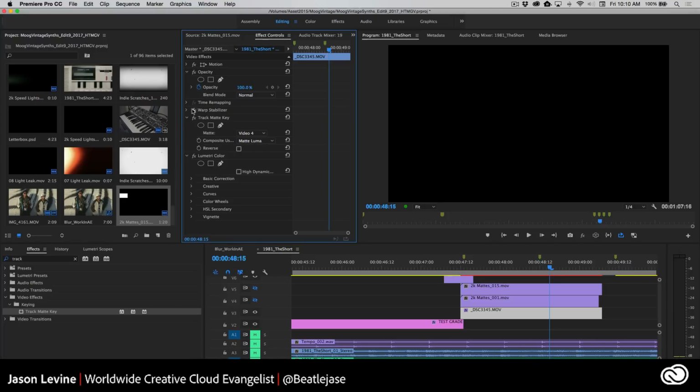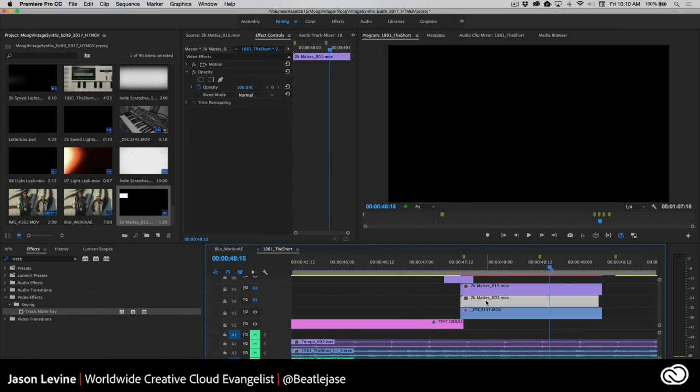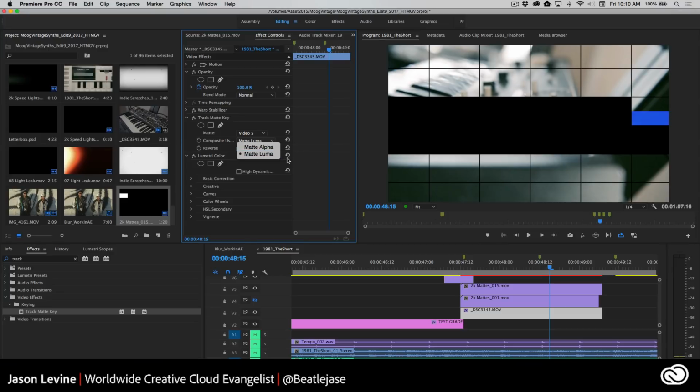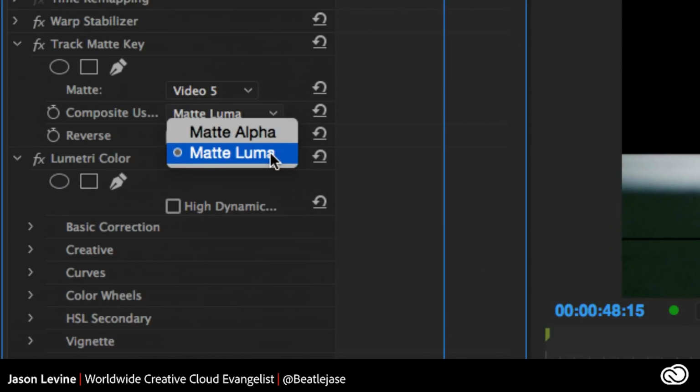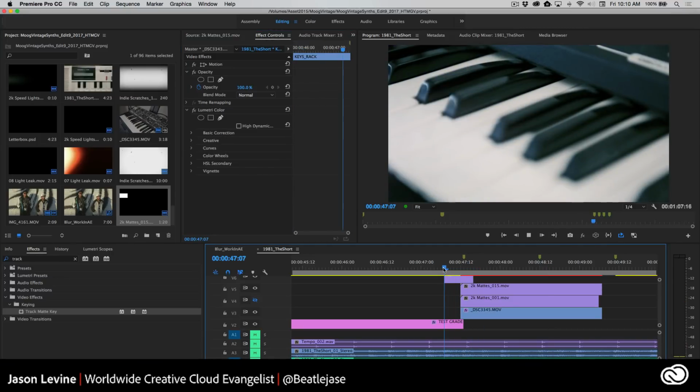When I go into effects controls, now we have the track matte key applied. And what it is looking for is, where is the matte? What video track? You can see I already had it assigned to track 4, the previous one. Now we want it to be on track 5. And we're going to use Matte Luma, which is going to knock out all of the white space, leaving the black space. And now, very quickly, when I wind this back,